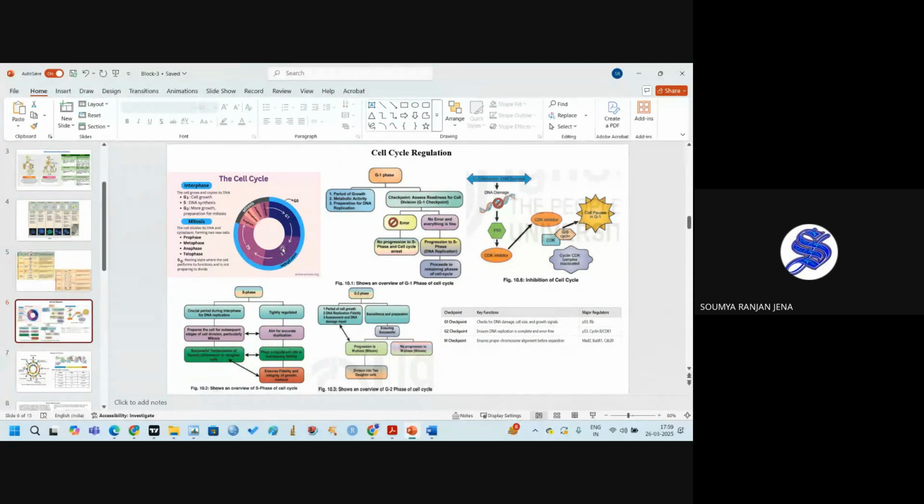If mutation occurs, then it can lead to different types of diseases like cancer and neurological or other diseases. So this phase is very important for the cell cycle for the replication of DNA,